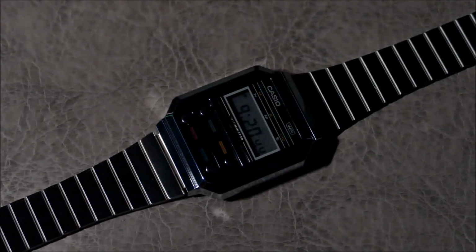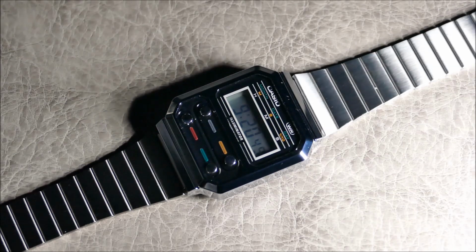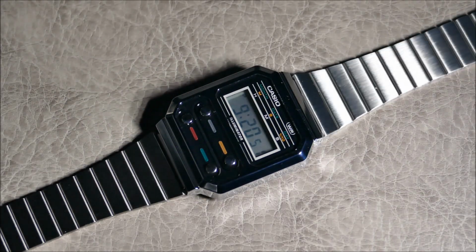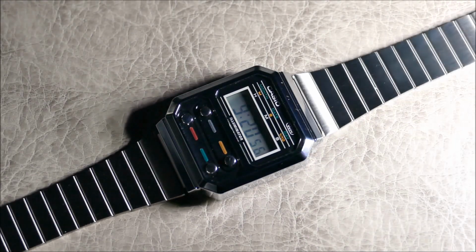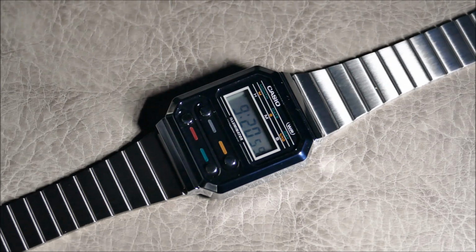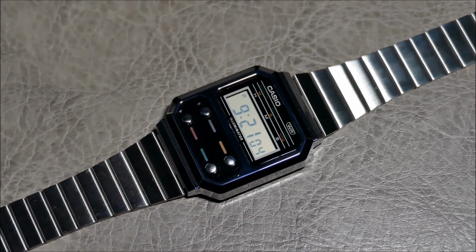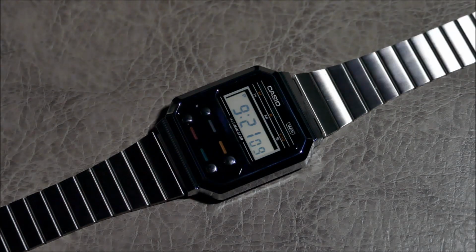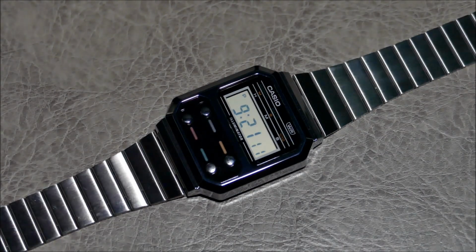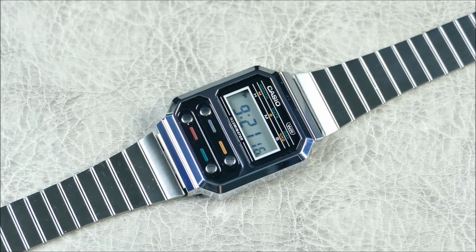So it is nice to see the way the watch renders in different types of lighting situations, to include some very harsh lighting. Let's say like here, where you're getting really high contrast. And you can see the brushing on those links is actually really holding up, especially considering that they're just hollow folded over links. They do a nice job of really selling some great texture on here. Look at the way the light just plays over those links. Very, very cool, very handsome setup, and I'm really looking forward to seeing this thing out in the wild on